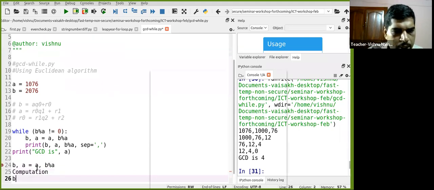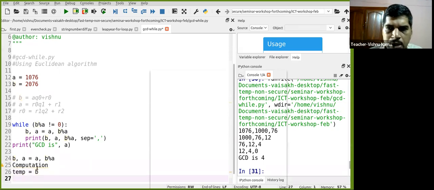Initially, the value of b will be stored into some temporary location. That's happening inside. We don't have to worry about that. Python will take care of it. It must be happening like that. So b value is now stored into a variable called temp variable. Now b will be assigned. Remember that